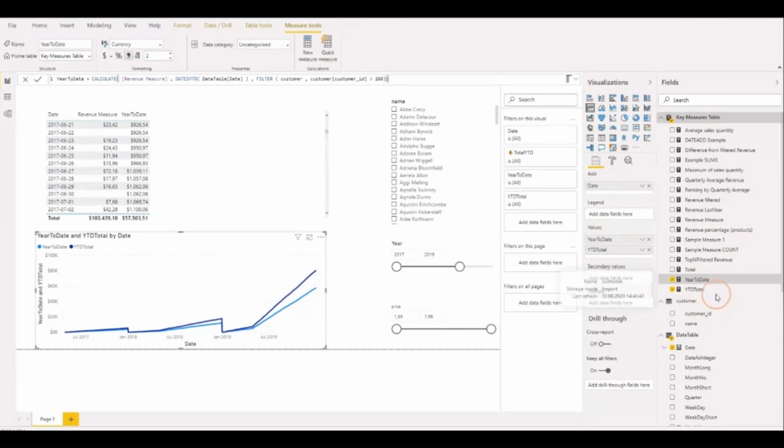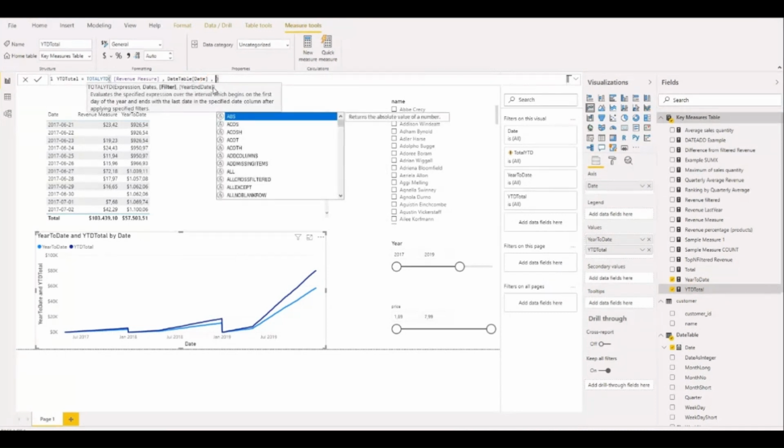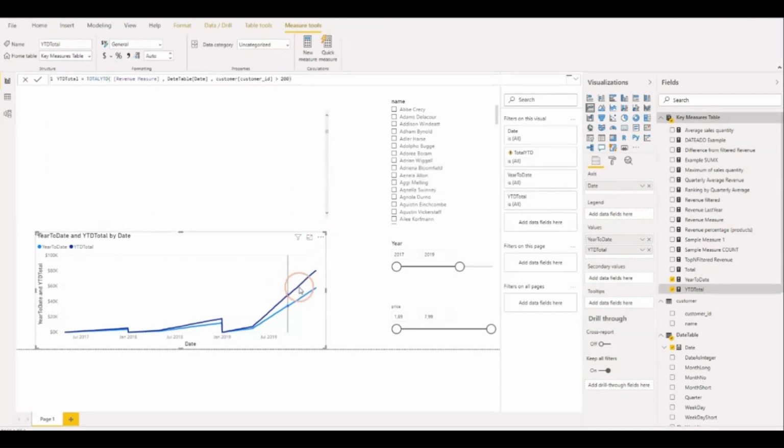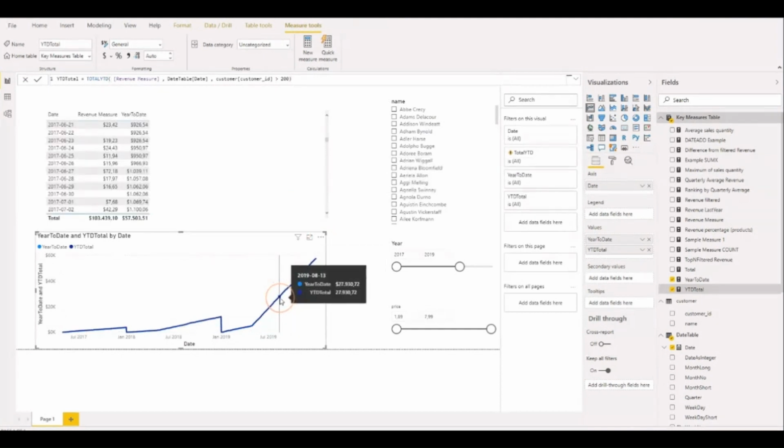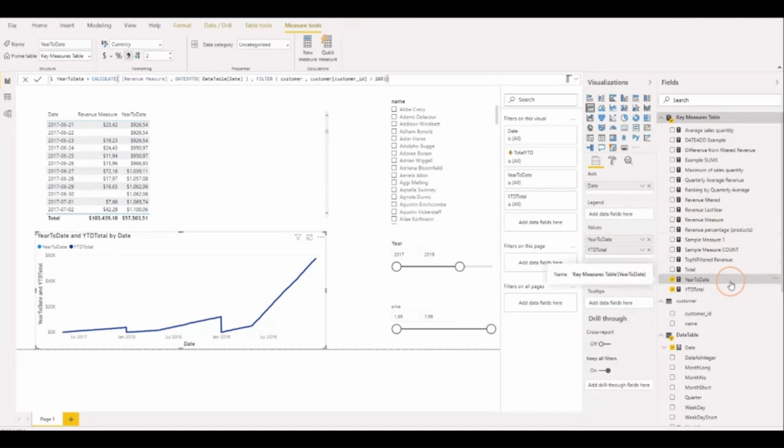But as you remember, in our total year to date function, we also have the possibility to add a filter. So actually we can do the exact same thing here. Let's have a look at the result, and we see that again we can achieve the same thing with the total year to date function. So I have to admit that this is actually pretty good, and in a lot of cases we can really use this total year to date function even if we want to add a second filter to it. But now, and that's where it's getting a bit difficult with the year to date function,